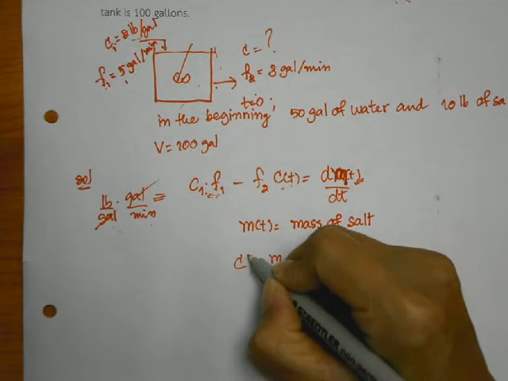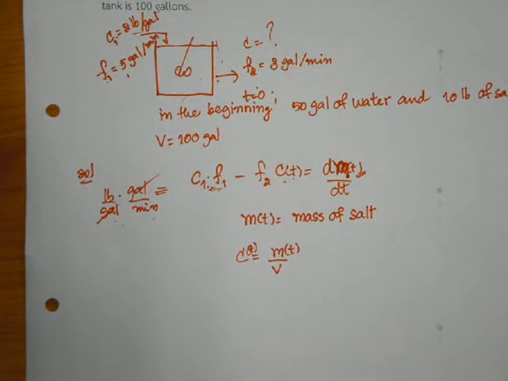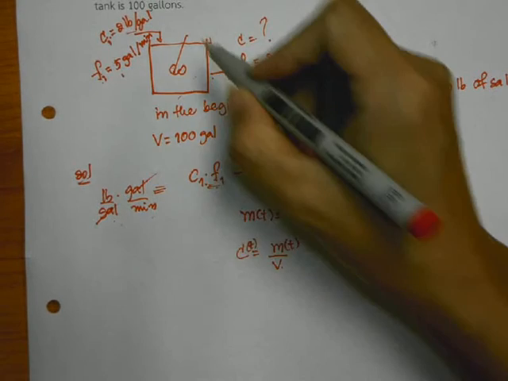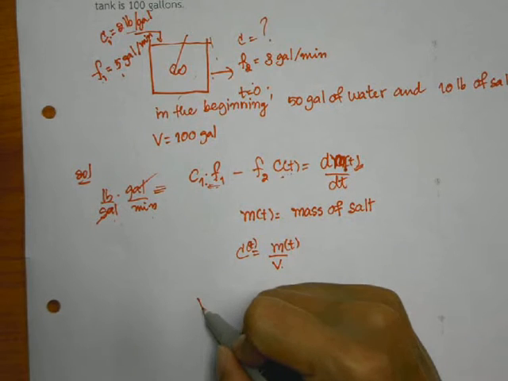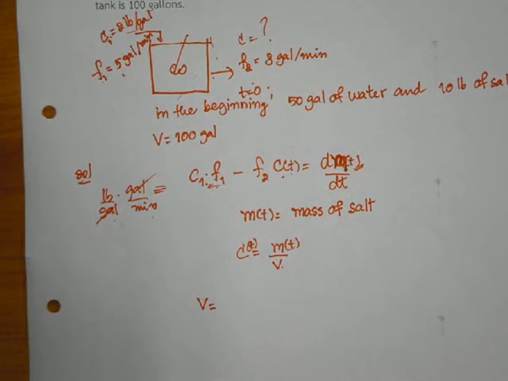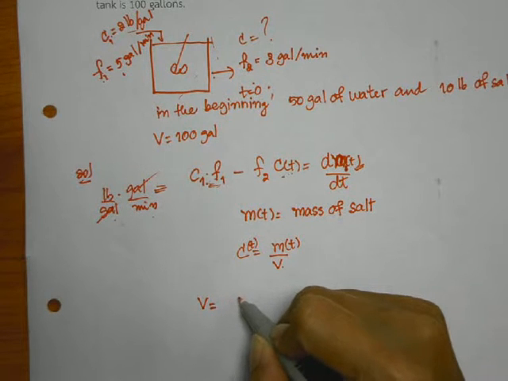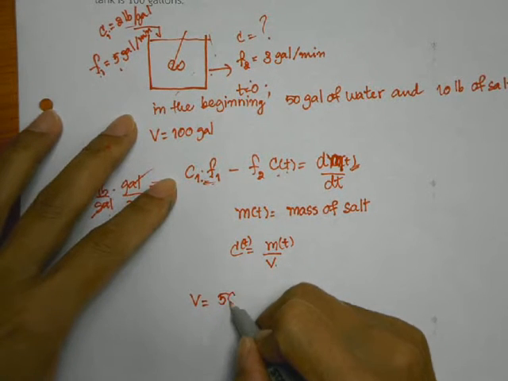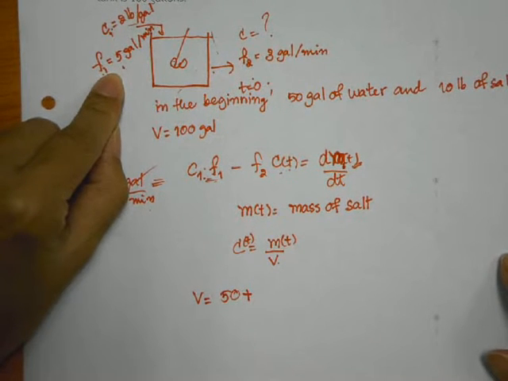So if this is C(t), M is changing with time, but our V is also changing. V is the volume of the liquid inside the tank. At the beginning you have V0, right? At the beginning, we have water inside the tank, 50 gallons. So this V is equal to 50, plus whatever you just set in there by time,